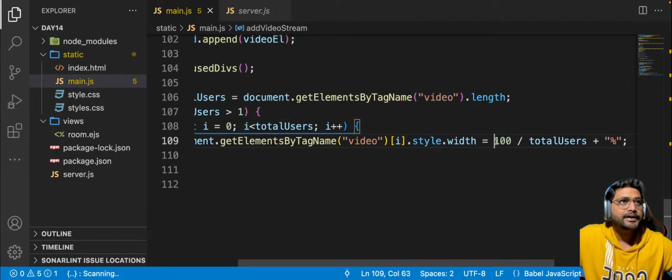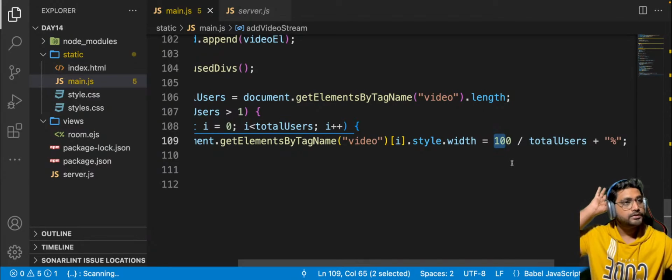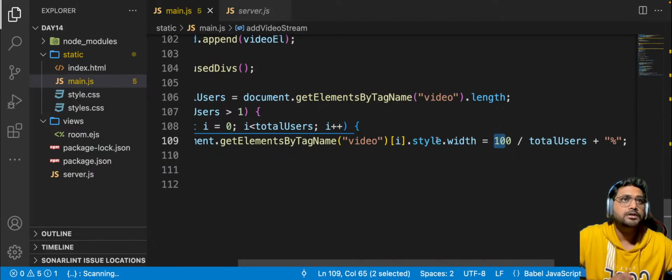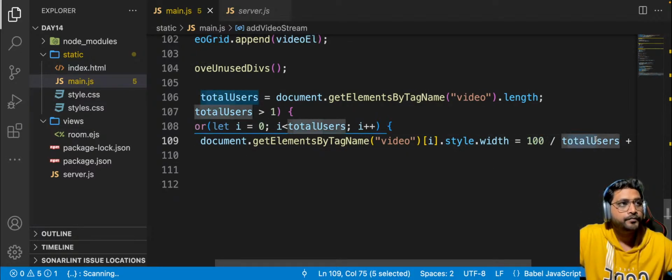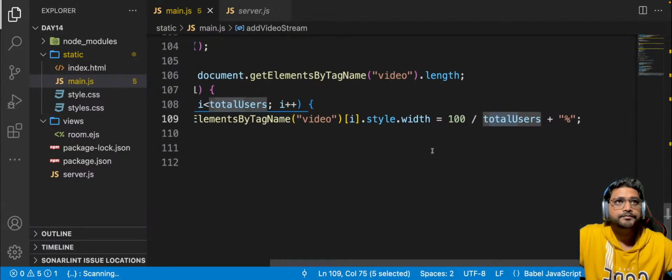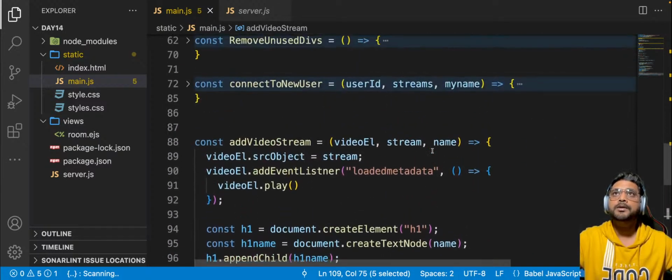Okay, so it would divide 100% by the total number of users and put it in the percentage inside the style. So suppose there are 3 users, it would do 100 divided by 3%. Okay,